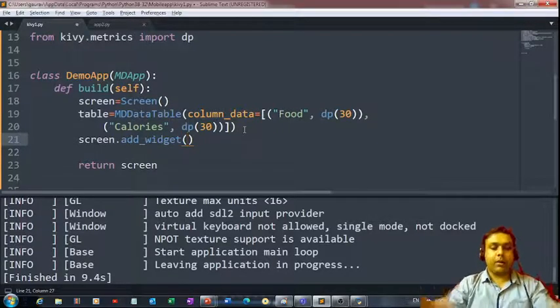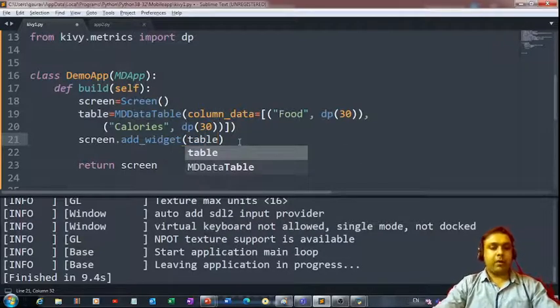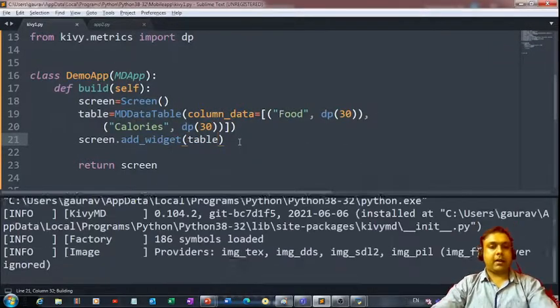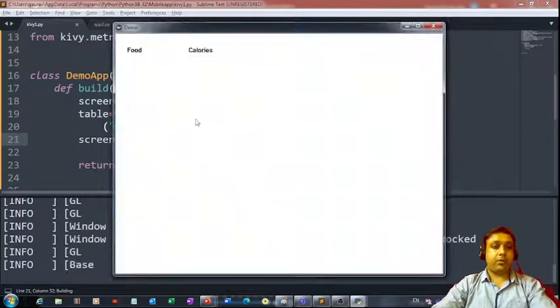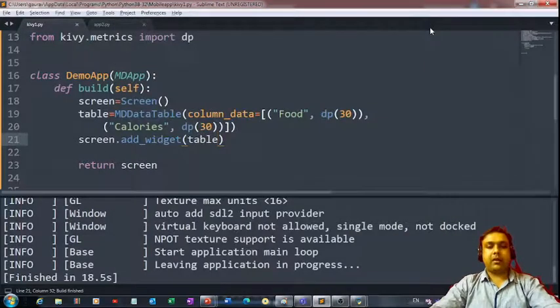Right, that's the way we can add something to our screen and get it reflected on our mobile application's window. So that's it. Now if I run the code, I hope this time I'll be able to see the table. Yes. So both the field names are visible to me, and it's a kind of table. It's not looking like a table, but yes, you can take it as a table. Fine, so that's the way you can define fields of your table.